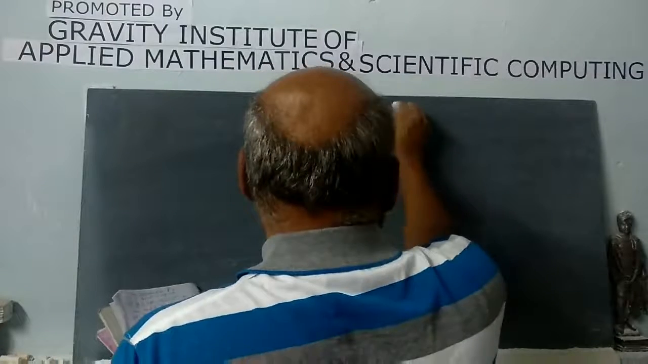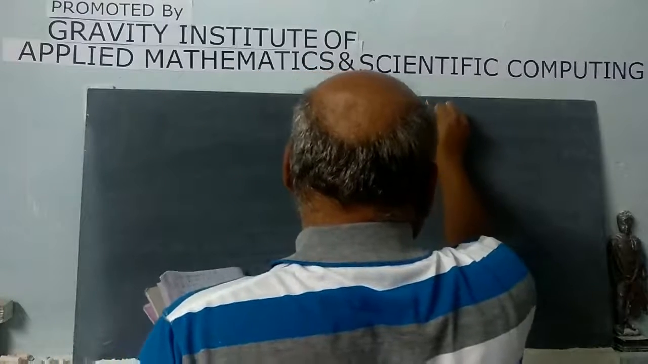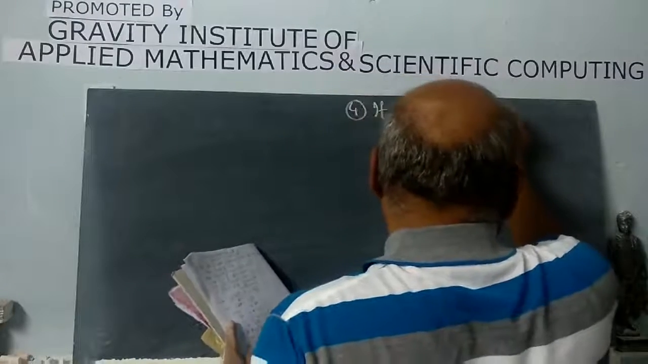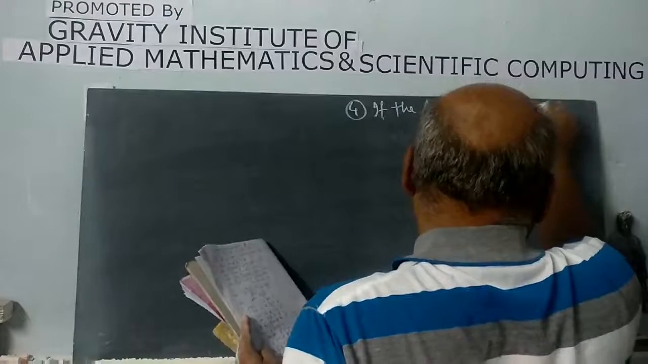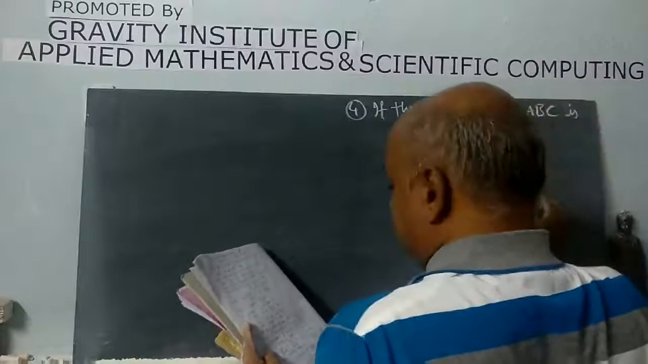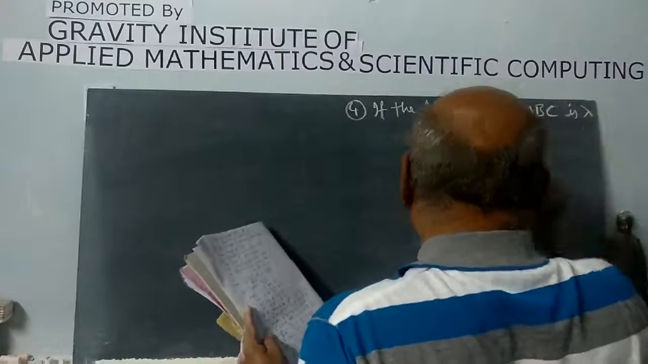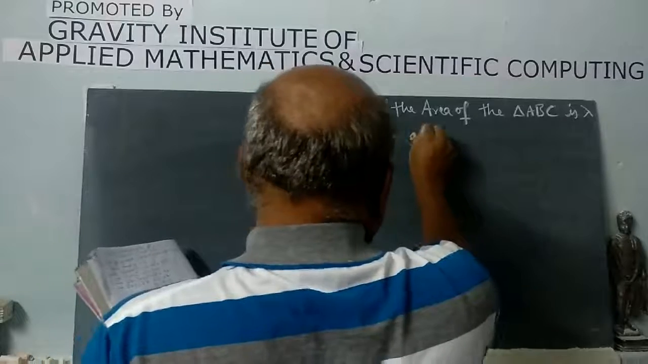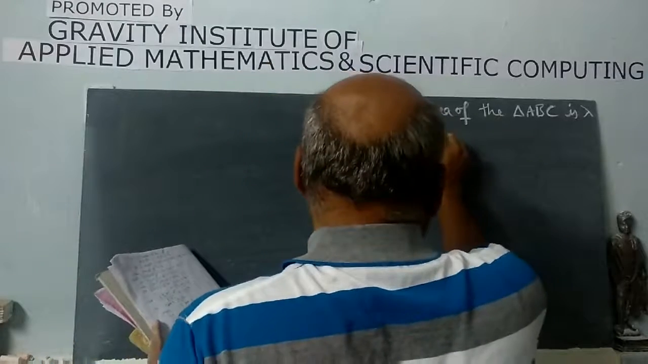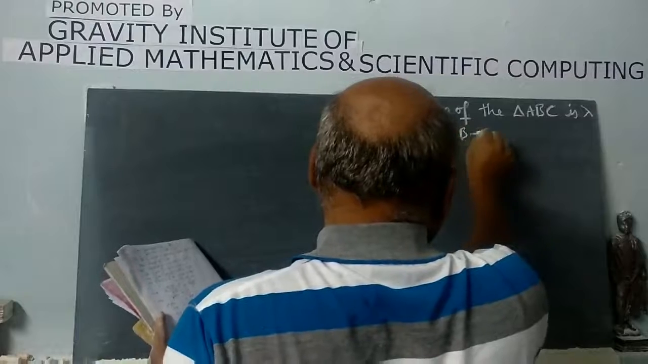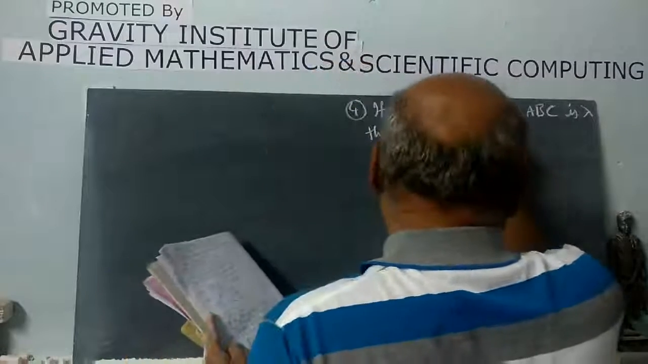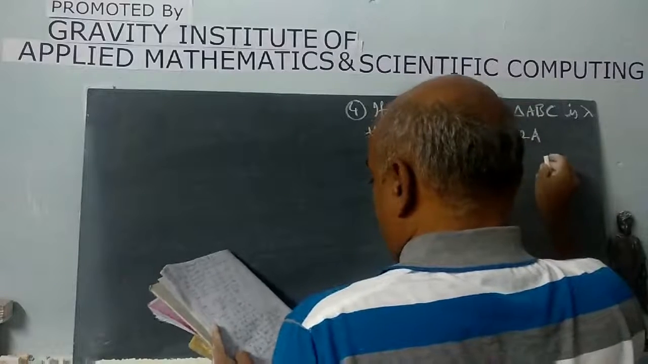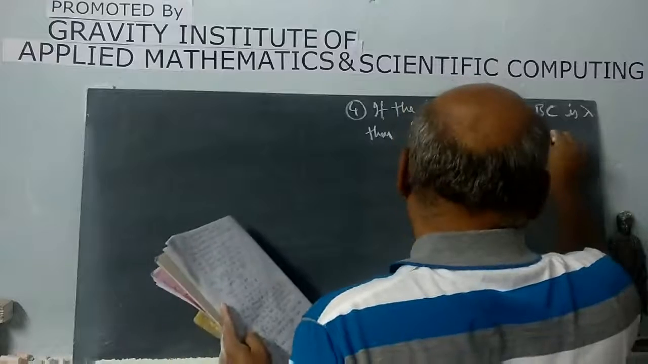If the area of the triangle ABC is lambda, then a square sine 2B plus b square sine 2A is equal to